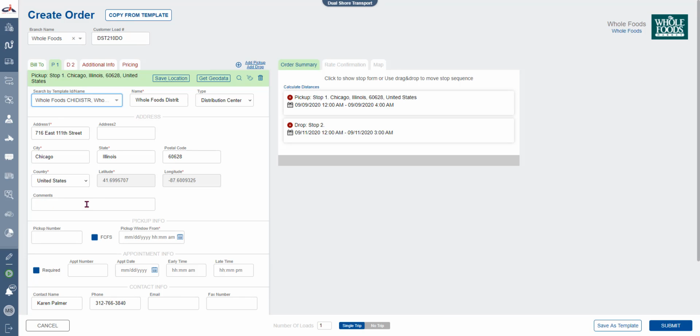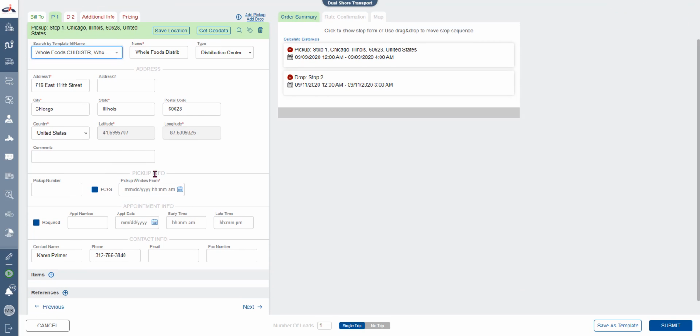Over here, you got the comments field, so you can add any comments about this pickup. Then you have the pickup info. You can enter the pickup number in this field. And then you have the pickup window from the time that it's getting picked up. If it's a first come, first serve, click on the FCFS, and there you go. You now have a window. So you can select the window for the first come, first serve. All I'm going to do is I'm just going to type in